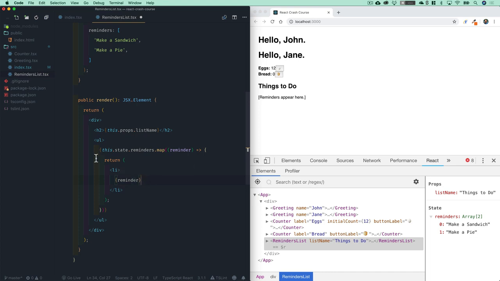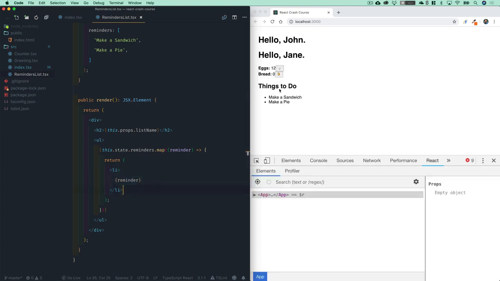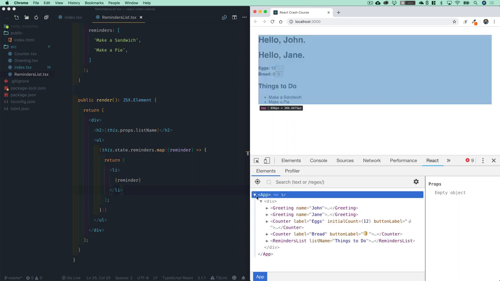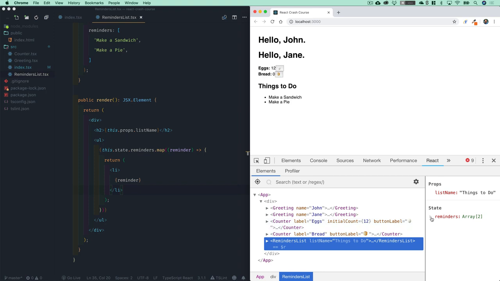So basically all this is doing is just saying for each reminder, return a list item. And as we save here, you'll see in our web browser, there are our two reminders that are initialized in the state of this component. And because React is reactive, we could go down into our dev tools down here, and sure enough, anytime the state changes, so if this changes from make a sandwich to make a burger, that's automatically going to be updated